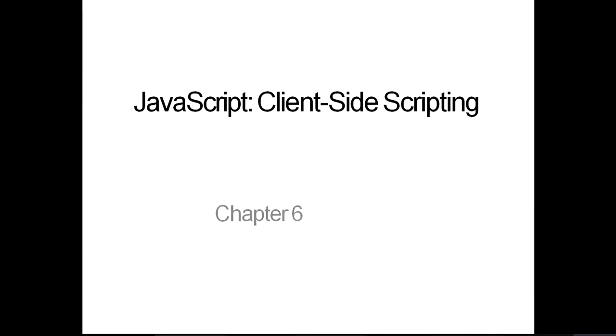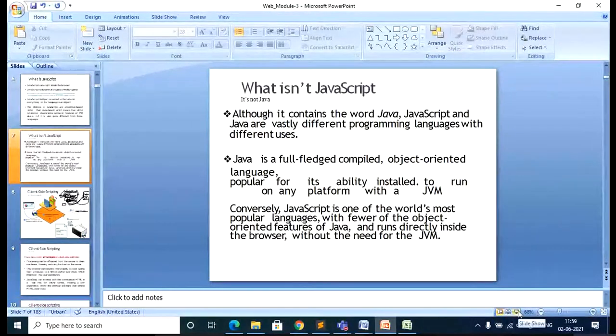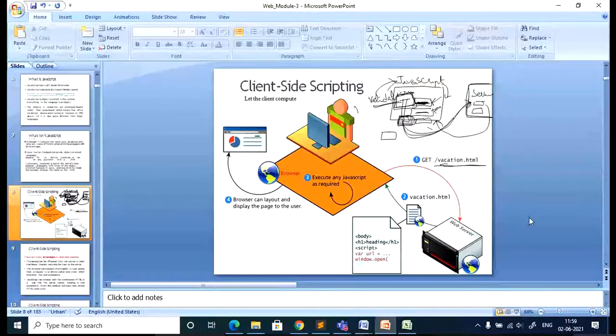The main basics of JavaScript. So what is JavaScript? You can just go with an example: how exactly the application is implemented with JavaScript. I also told you the difference between Java and JavaScript. Both are not the same. Even though the term has Java in it, it is not the same as Java. JavaScript is totally different, but some of the object oriented features are used in JavaScript.